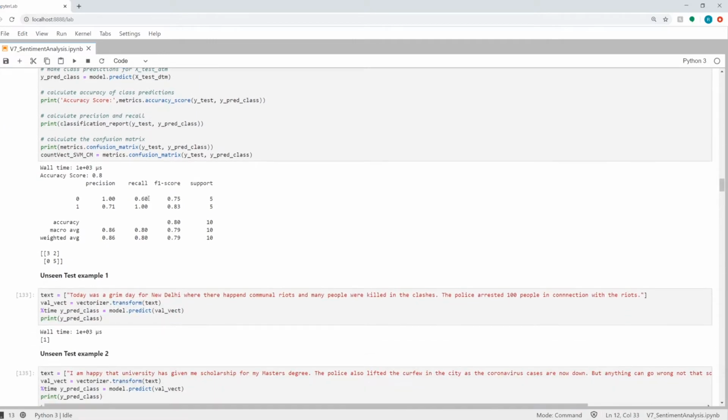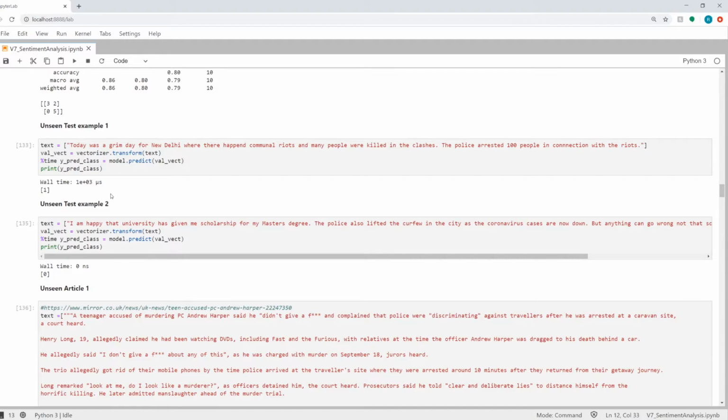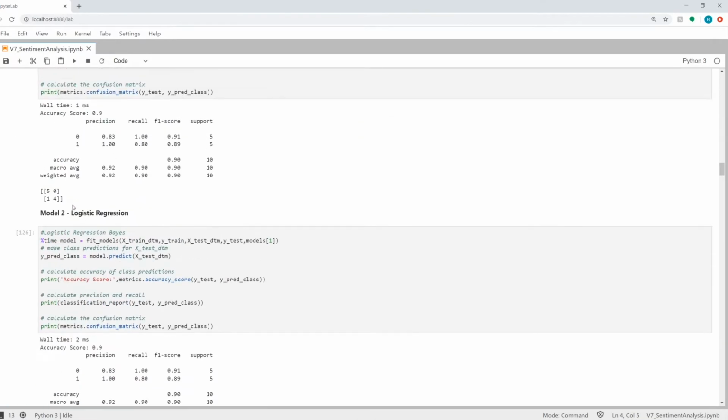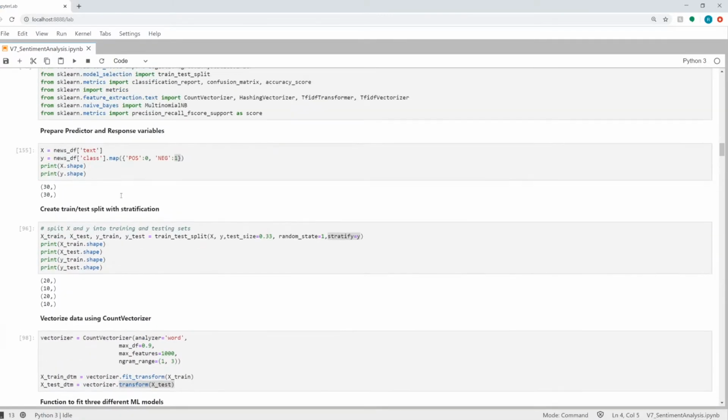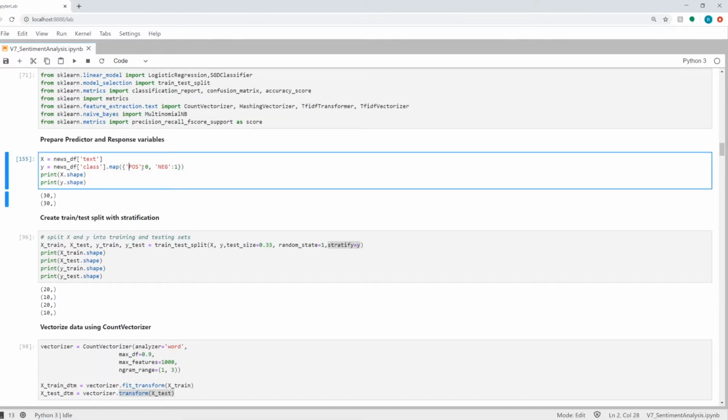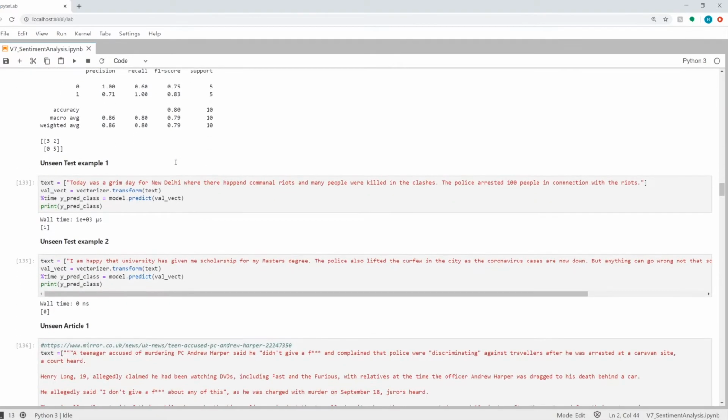So now you have trained the model, now you test it on some new data. So I have this text which is quite negative, and I'm passing it through my model, which is the first naive Bayes model because I ran that cell before I ran this. So it's predicting it as negative. 1 means negative, as we mapped above here. If you see, we are mapping the positive and negative to 0 and 1, so negative is 1, so that's correctly predicting as 1, which is good.